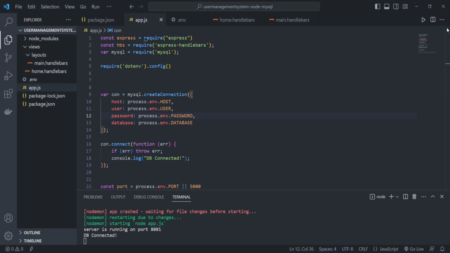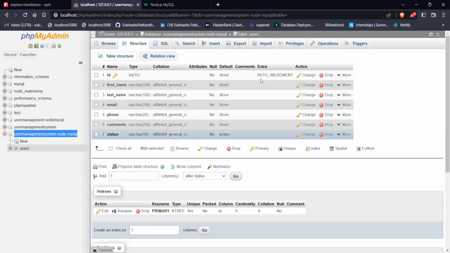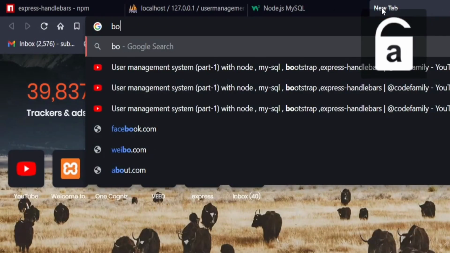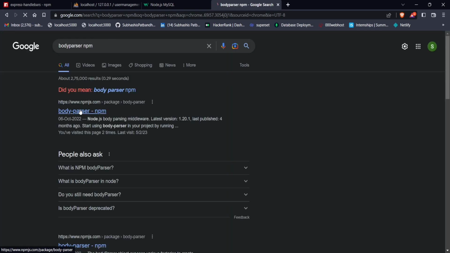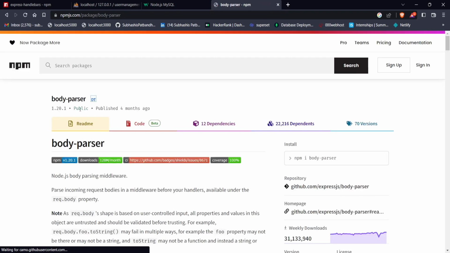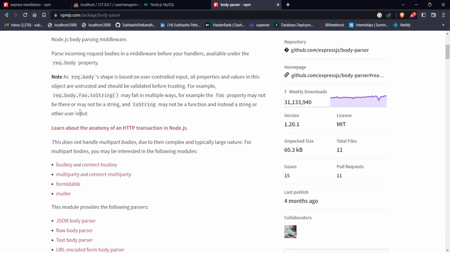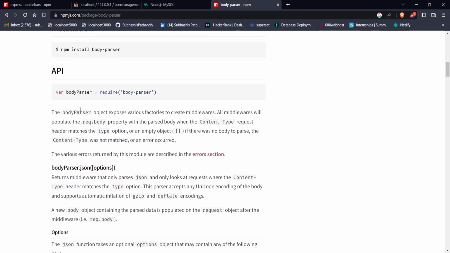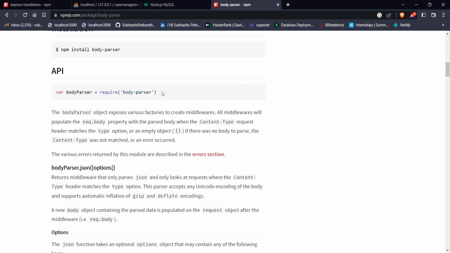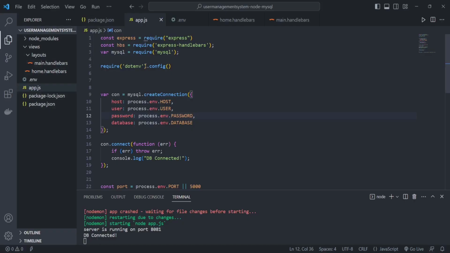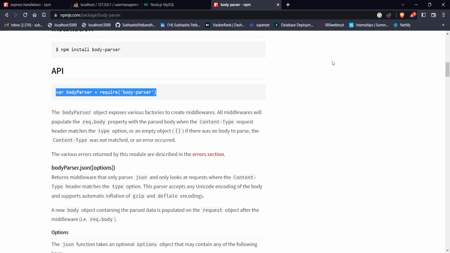And now I just need to tell you that I forgot one thing, which is body parser, which is the most important thing. So let's add its code here. Go to the browser and search for body parser npm, and then go to the first link. Whenever you forget something, you just need to go to the browser and type there, and you can easily get all the things. The body parser, let me check if I have imported it or not. So first of all, I just need to import this require statement for body parser, and after that